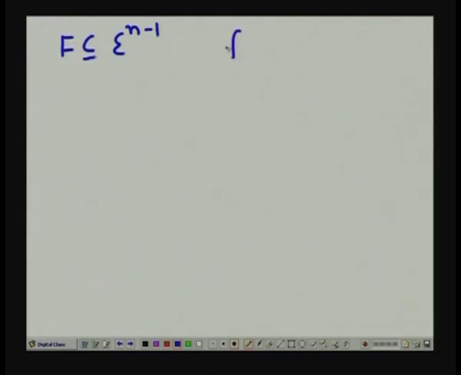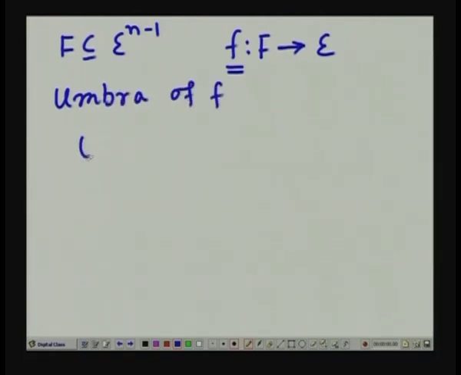We can represent it as a mapping function which maps this region of support F to a 1 dimensional Euclidean space. Now, given this top surface, we can define the umbra of F as U F,